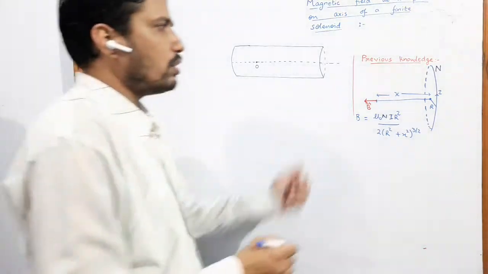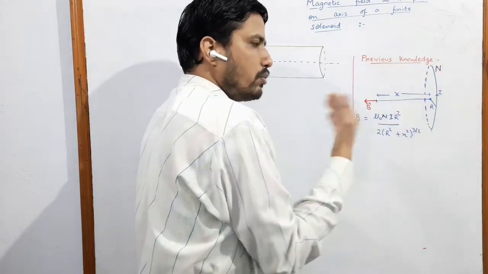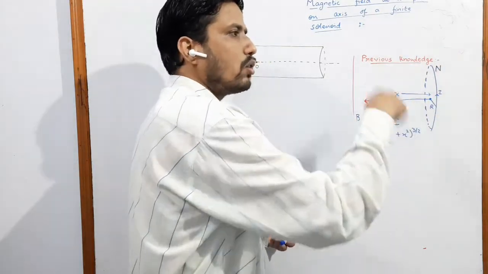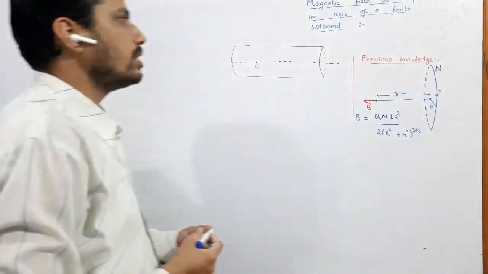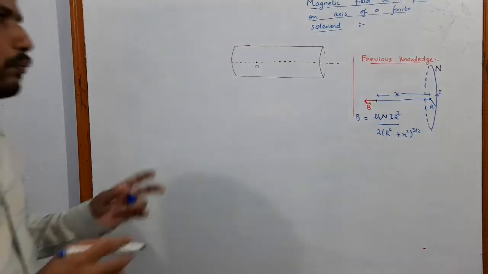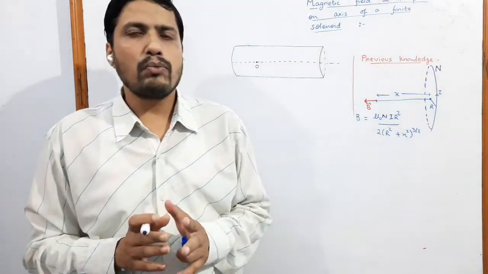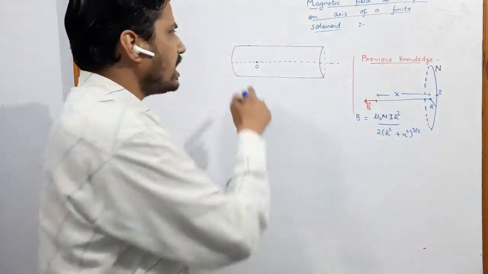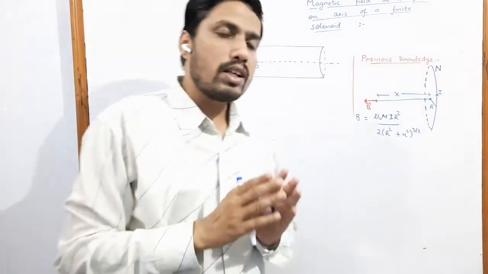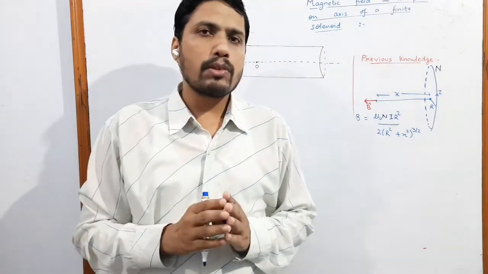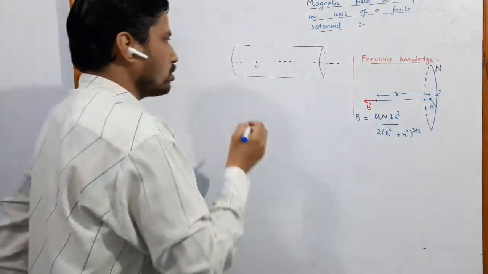And for the direction of magnetic field, we can use the right hand rule. If the current is like so, when seen from my side, if the current is anti-clockwise, then the magnetic field will be towards left. Otherwise, it will be towards right. With this particular concept and a bit of mathematics, we can derive the expression for magnetic field at any point on the axis of a finite solenoid. We have obtained the expression for magnetic field in a very long solenoid, but today we will do it for a finite solenoid.